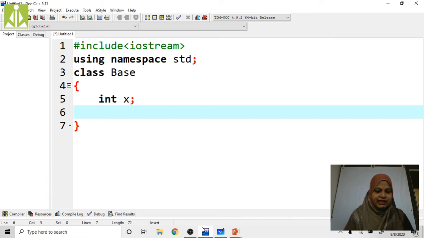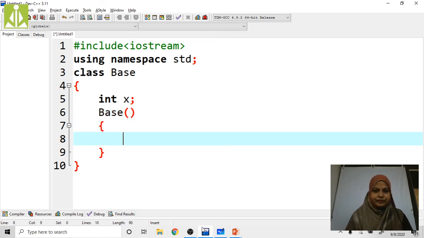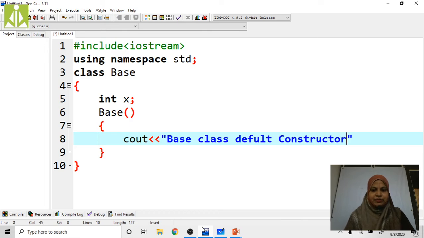Now first I'm going to define the base class default constructor, right? Base class default constructor: cout "base class default constructor", endl, right?